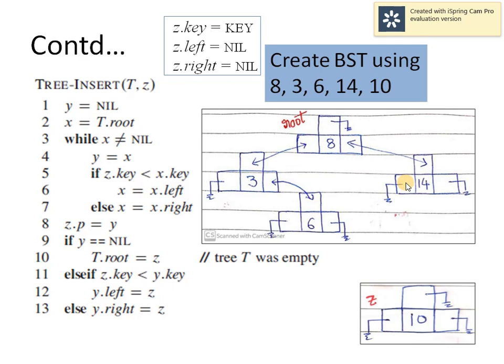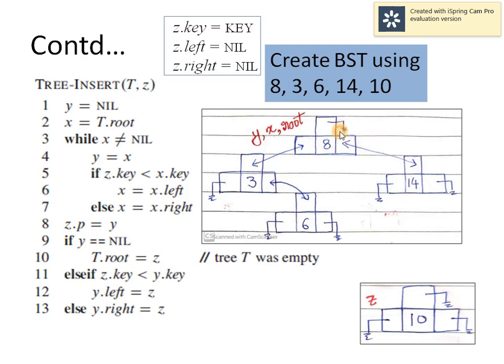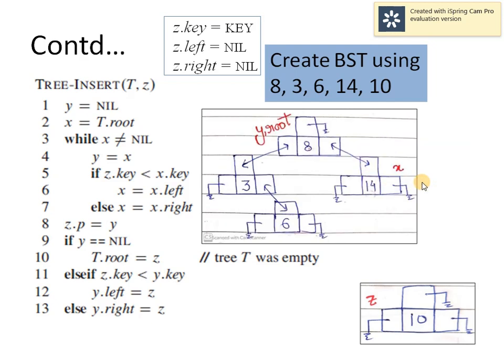Lastly, we have to insert 10. So we have taken a new node. We will start with the procedure. We have x pointing to root, then y will point to root now, and 8 and 10 will be compared. Since 10 is greater than 8, x will be updated to right of x, and then 14 and 10